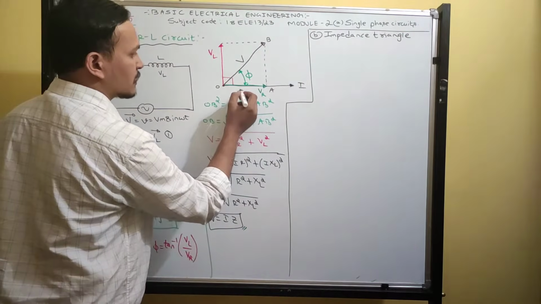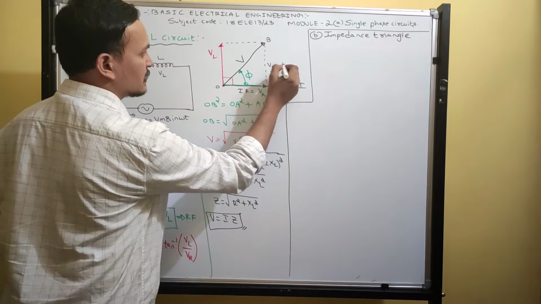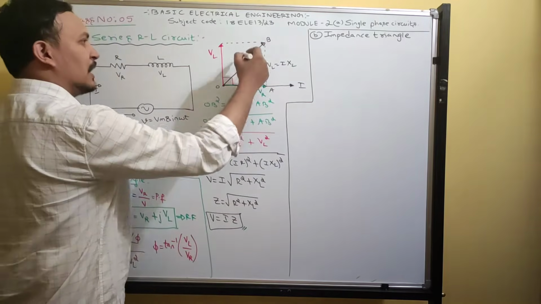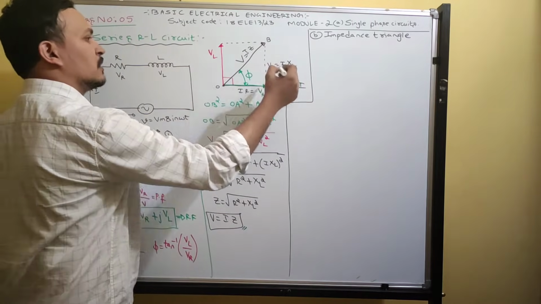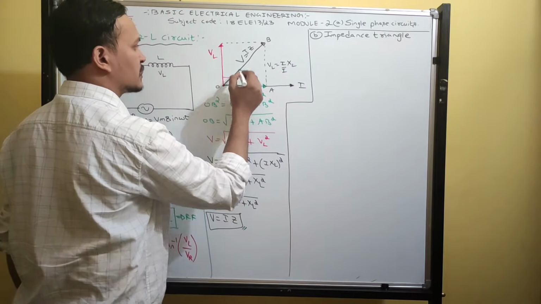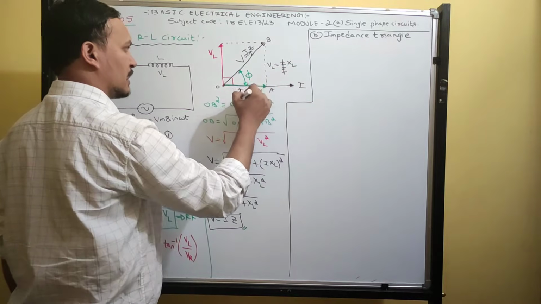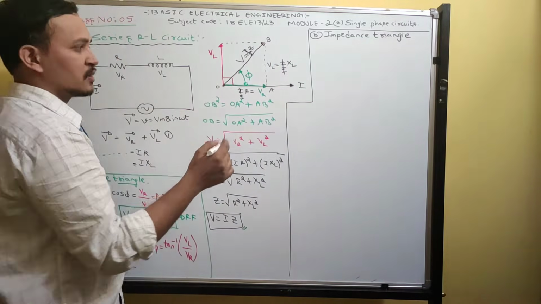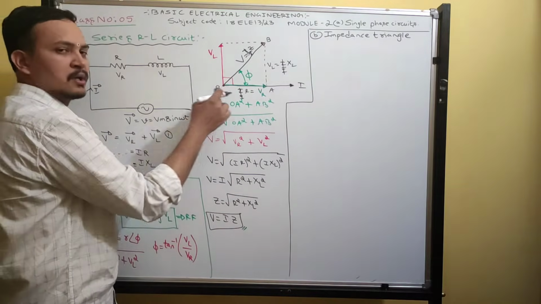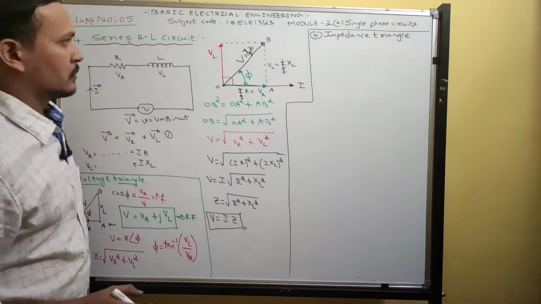Impedance triangle. See now, look here. What is the voltage across the resistor? I into R. What is the voltage across the inductor? I into XL. What is the overall voltage? I into Z. Now divide all the sides by current. So dividing all the sides by current, the current gets cancelled. Before I started writing here, I told you to pause the video and copy down this triangle, the phasor diagram.